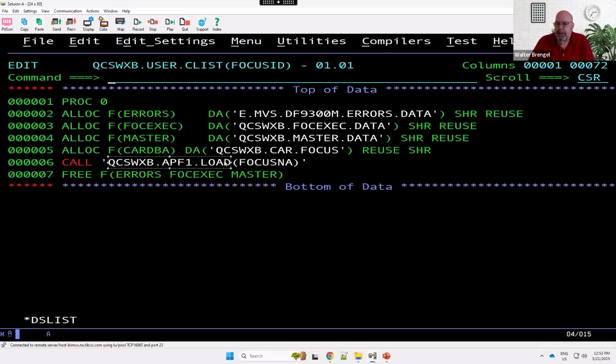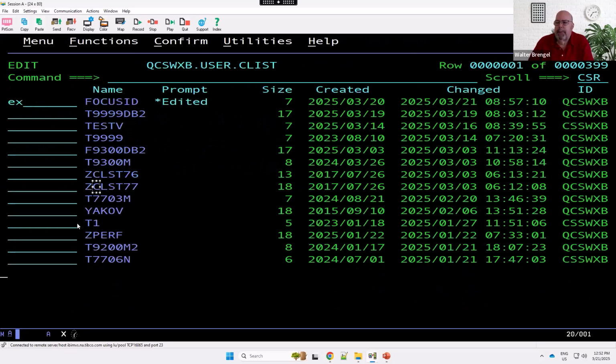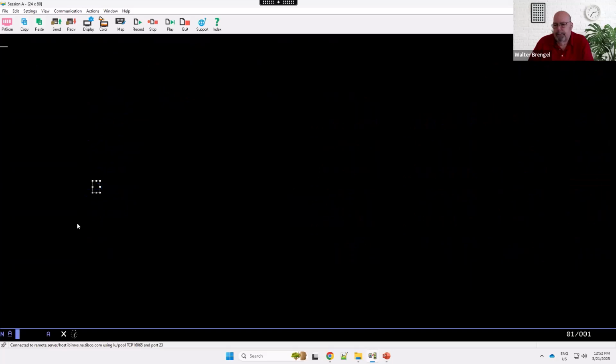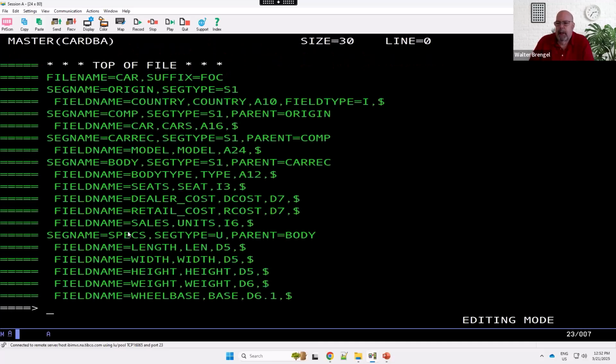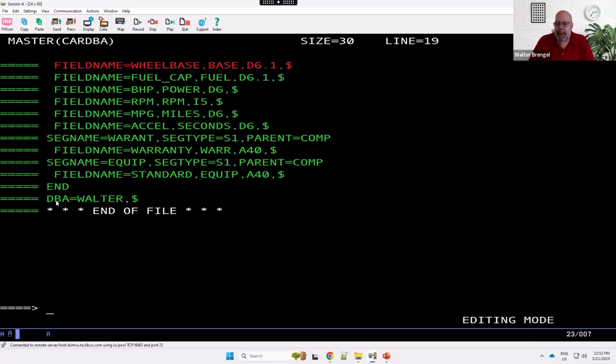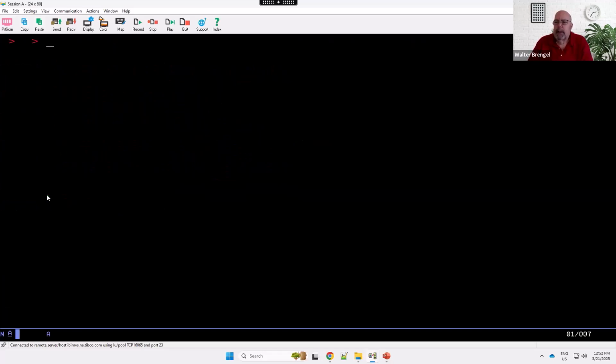So I'm using my APF authorized library, and I'm doing this for 9.3, I think it's 9.303, might be 9.304. So if I execute 9.304, if I look at the master, I took the car file and I added DBA to the end of it. And I added DBA Walter. And you saw in my installation data that I had it set to Walter. So if I do table file car DBA,